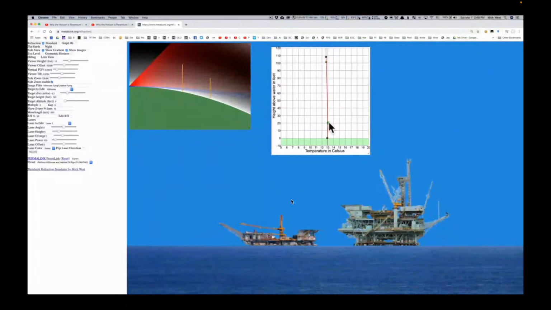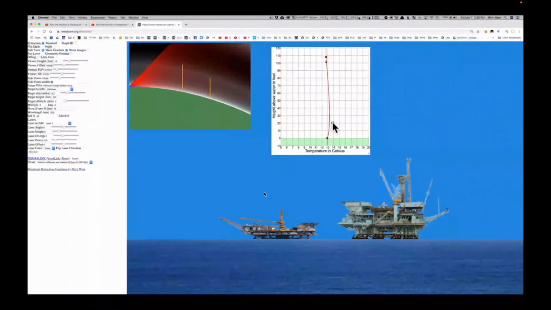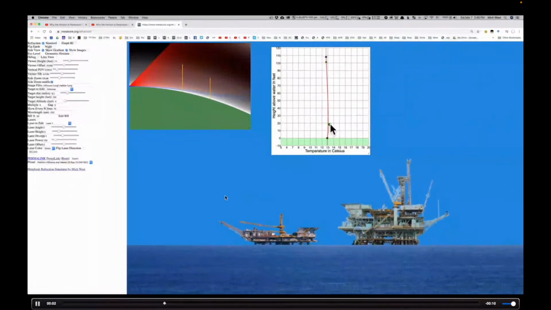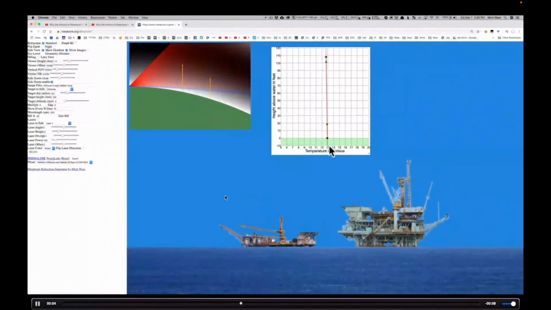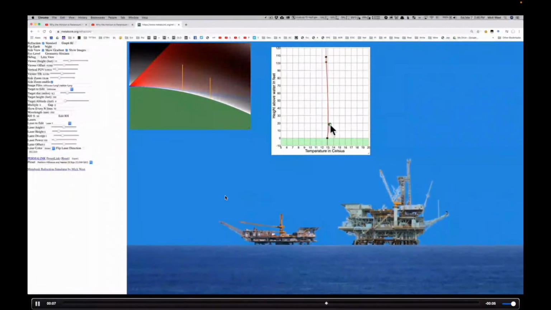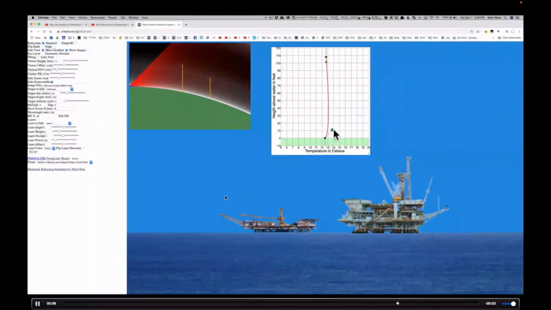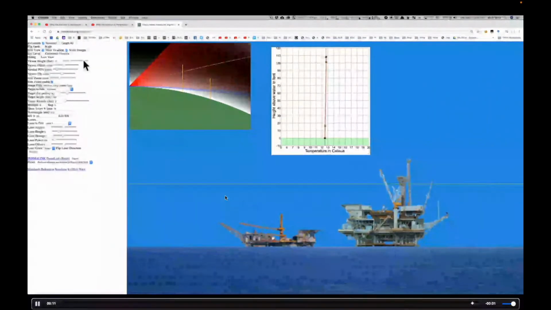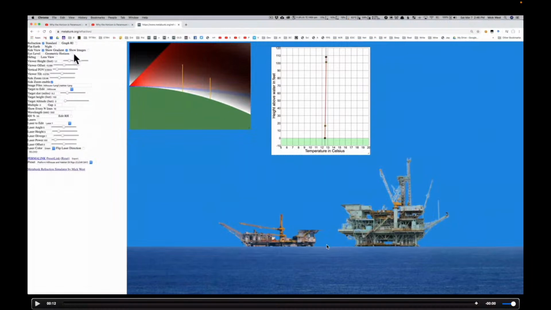Right. So now this is an animation that Mick West does, where he's showing objects in the distance rising and falling due to refraction. But what this doesn't account for is the horizon actually changing positions. He's just accounting that these things are moving up and down, where that's not actually what's going on. What's happening is the horizon is actually moving.